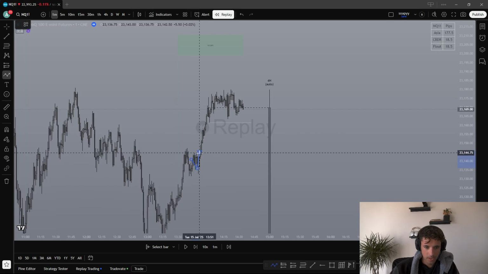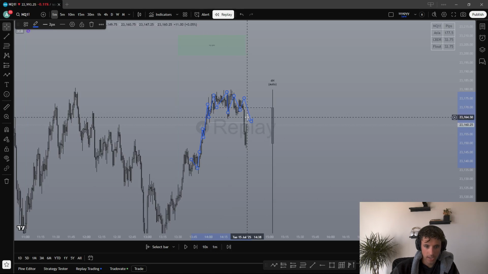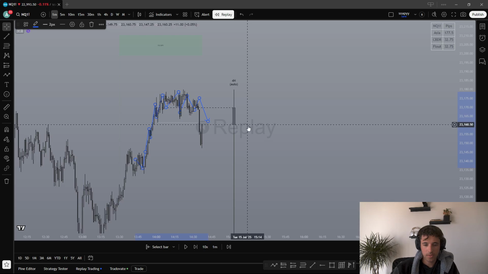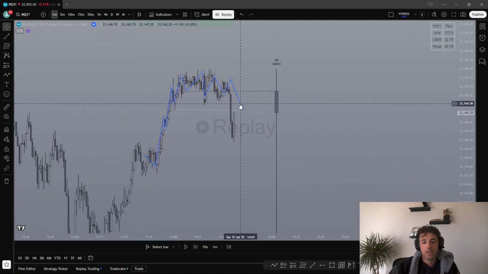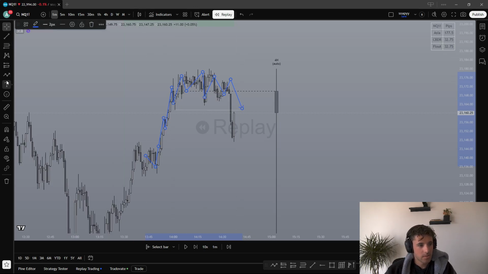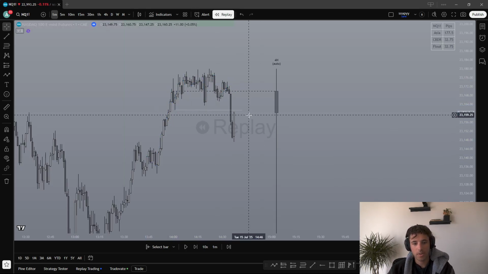Higher high, higher low, higher low, higher low. Accumulation. And then right here, we take it. That would be a market structure shift. So that's an MSS, market structure shift. Gotcha. Decent concepts, they're okay.